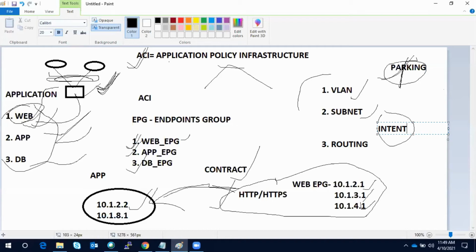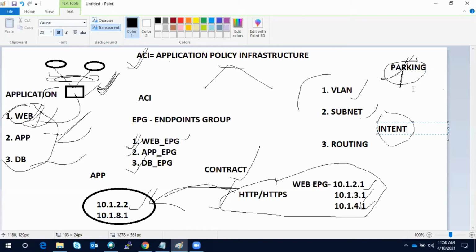Hardware is there. What do you want to achieve with that? What is your policy? What do you want? That want is actually a policy in ACI, or in very layman terms, you can say that is the configurations. So that is the meaning of policy.